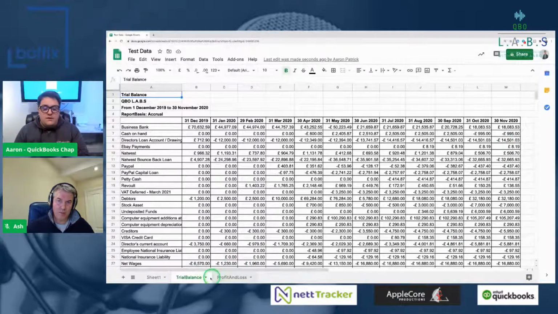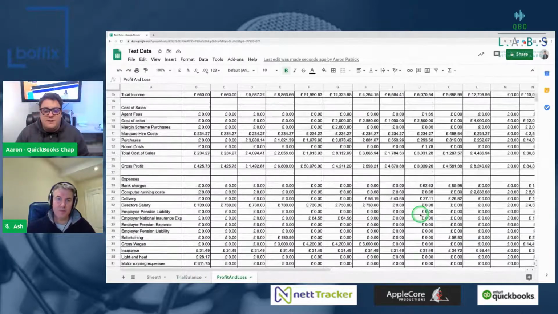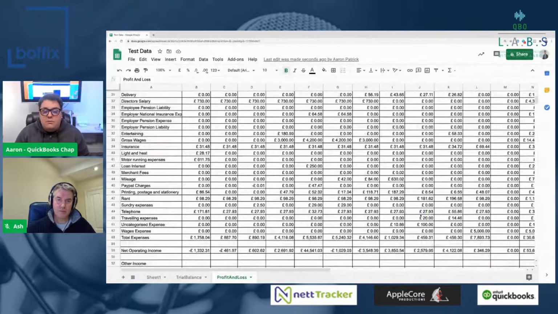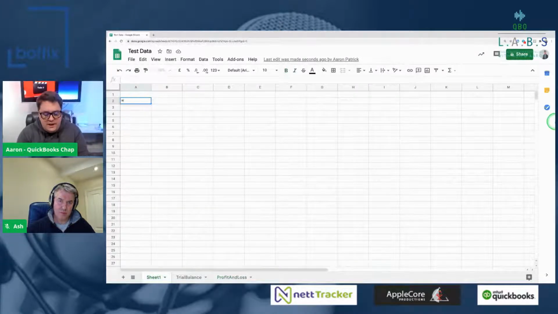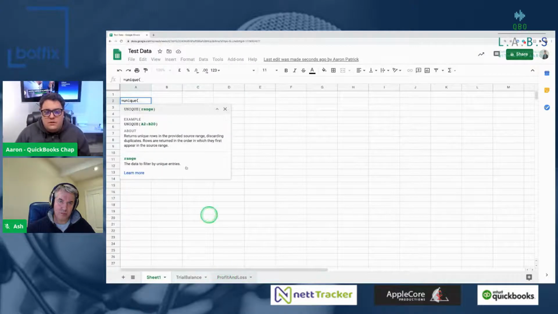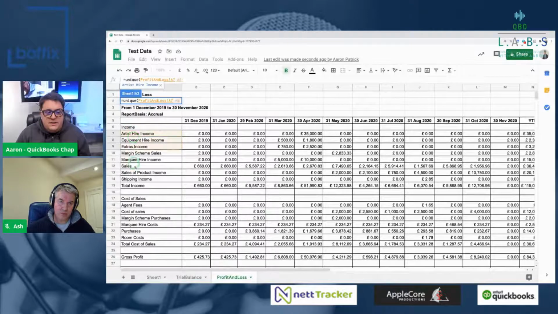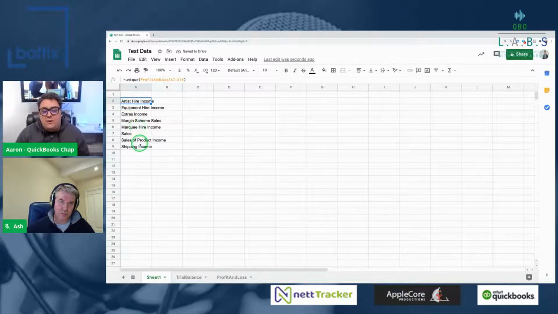So I've got my trial balance here, I've got my profit and loss account here, and I can see all these different figures that are coming through. And, you know, Google Sheets has started to become as strong or as powerful as Excel in terms of complex formulas. So I can be as straightforward as just going, right, let's do a unique, for example. So unique is quite a new formula that's starting to come through, and I can just see all my different income transactions like that, press return, and it will always update all my different income ones.